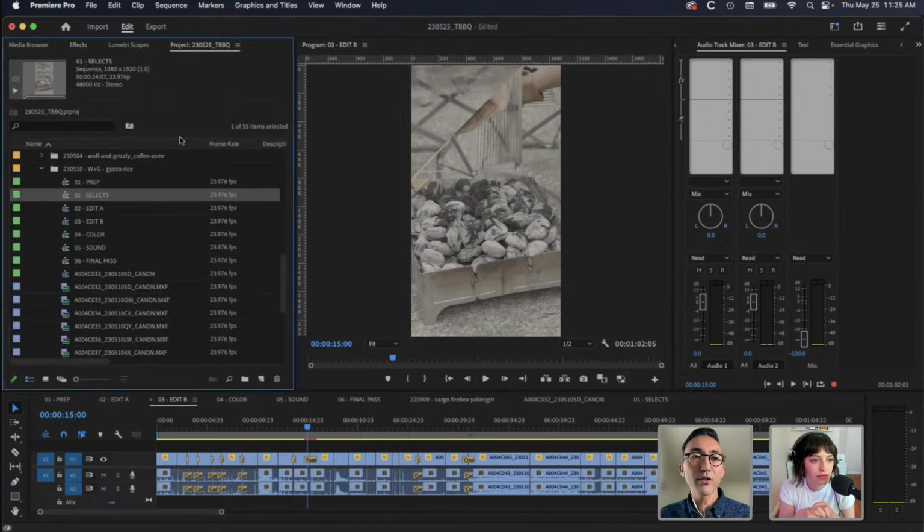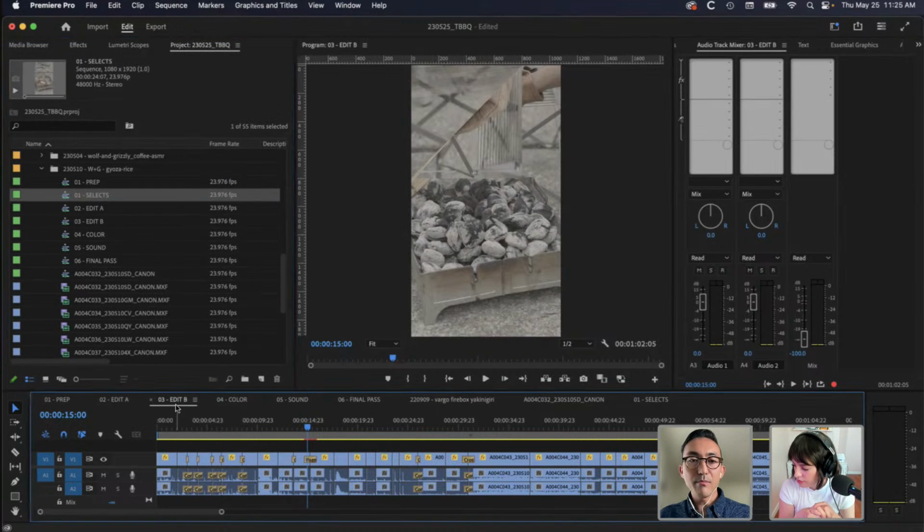I'll go back to my project here. Edit B, and I'm going to use this to move on to color and sound. Now, color and sound, normally in a commercial setting or even a documentary setting, sometimes those things are going at the same time. So you might send something out to a colorist and a sound designer or a sound engineer to do the sound and sweeten everything, and that's going on at the same time. It's just me. Most of us, it's just us, right? So I usually like to do color